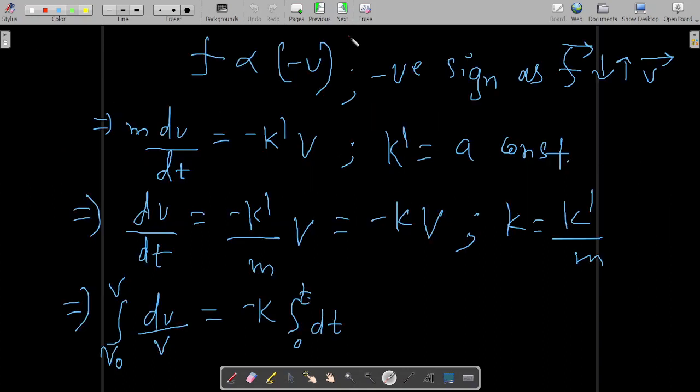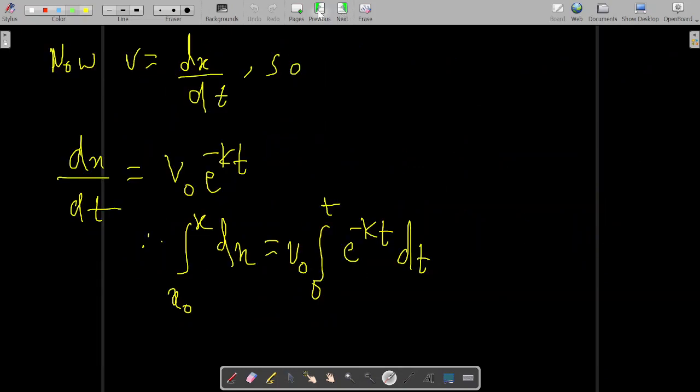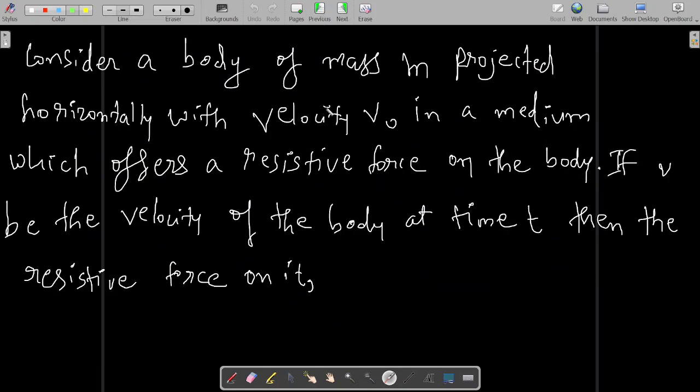Although the diagram is not drawn over here, suppose there is a medium and a body is projected horizontally in that medium with a velocity v0, and the medium offers a resistive force on the body. If v be the velocity of the body at a time t, then the resistive force on it, how will it be given? Suppose v is the velocity of the body at any particular time t, then the resistive force acting on it will be given